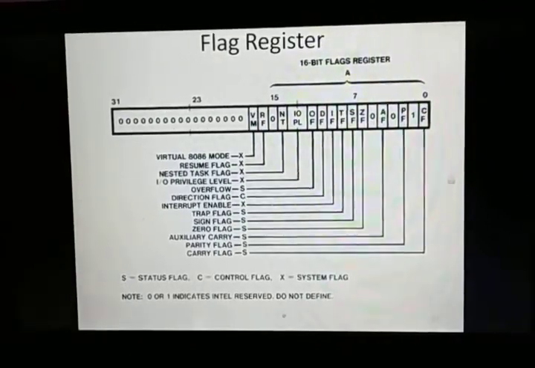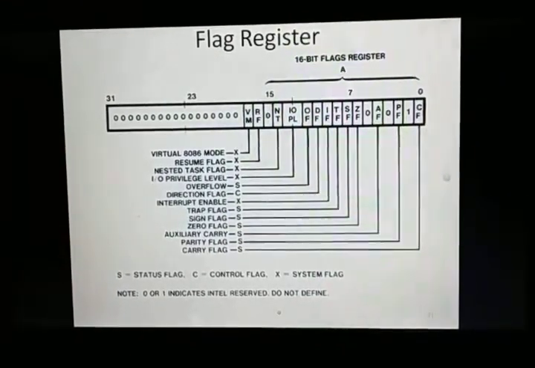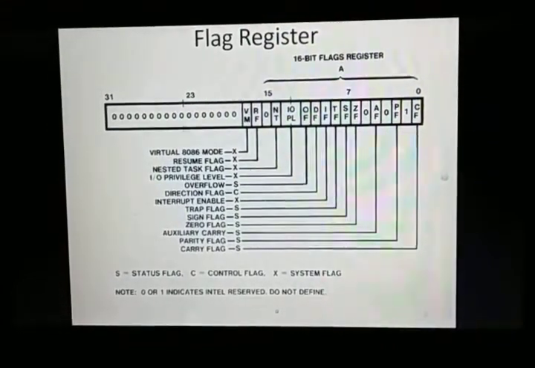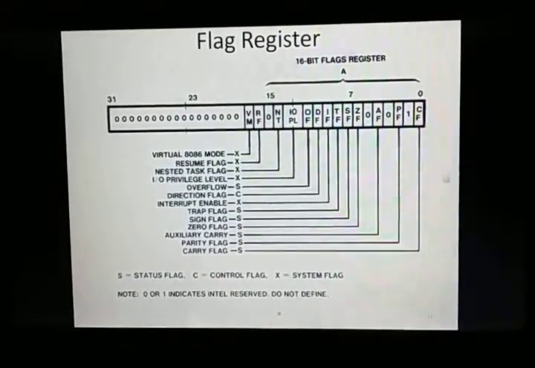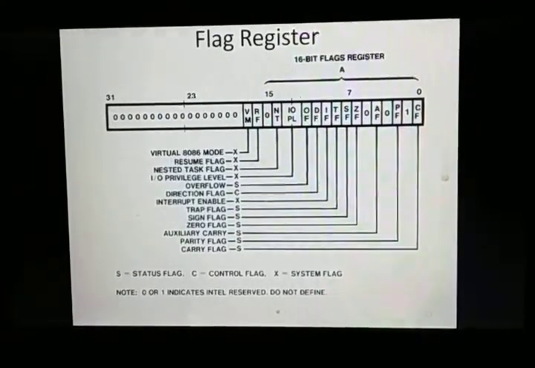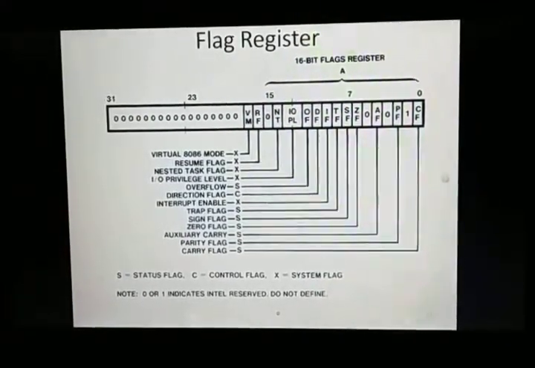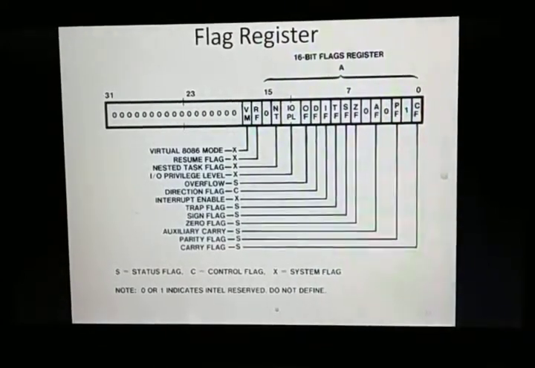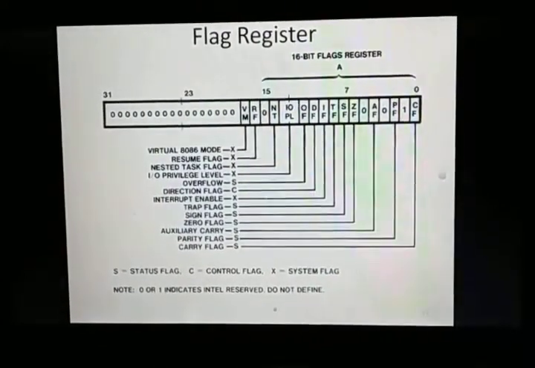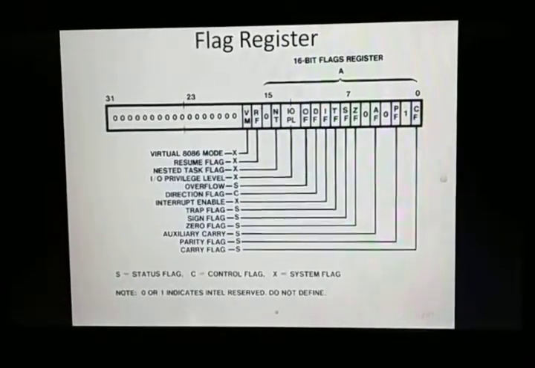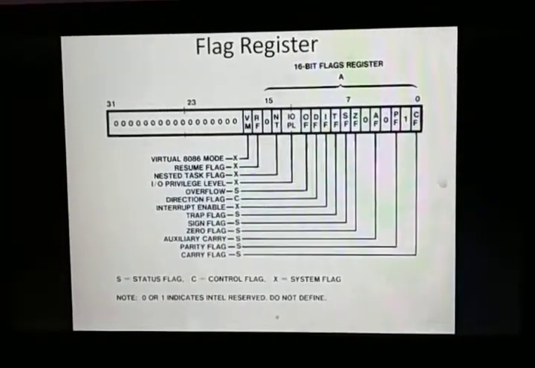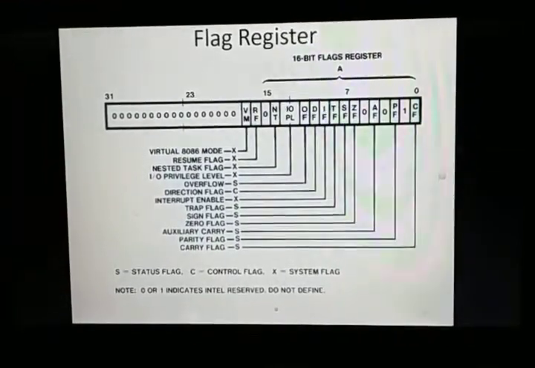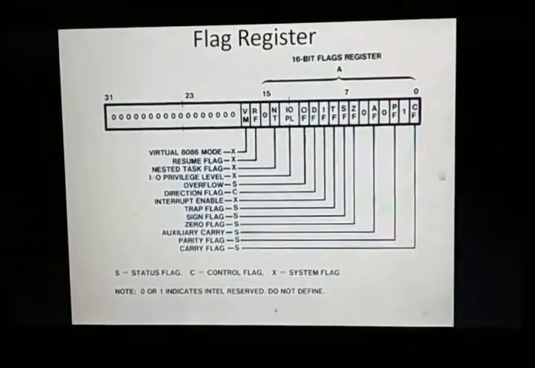You have 3 interrupt pins: NMI pin, INTR pin and reset pin. Your INTR pin is related to IF bit because this is related to external interrupt. If your IF bit is set to 0, in that case in your pin diagram of 80386 your INTR pin will be disabled. If your IF bit is set to 1, in that case your INTR pin is enabled. So it is related to INTR pin, external interrupt pin.